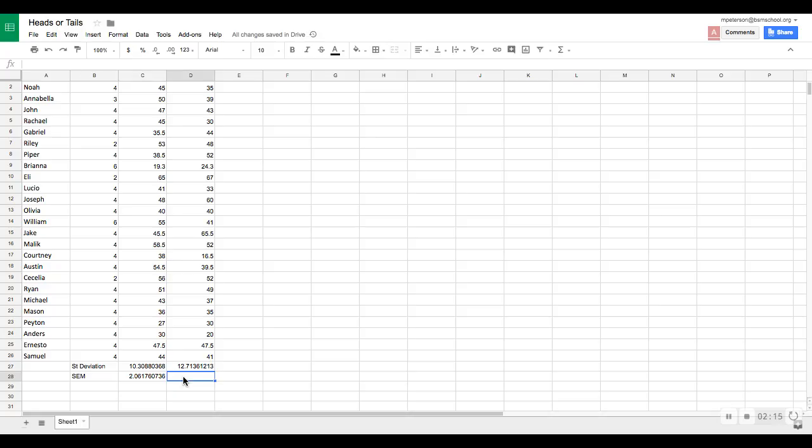Let's do it over here too. So we're going to go equals, STDEV, okay? And I'm going to divide it by the square root. What if I didn't know that? So I'm going to count those. So I'm going to go COUNT, parentheses,